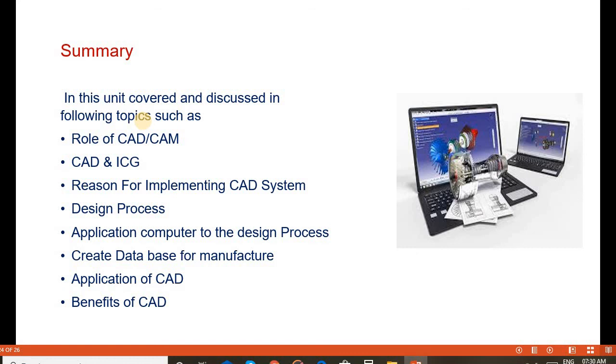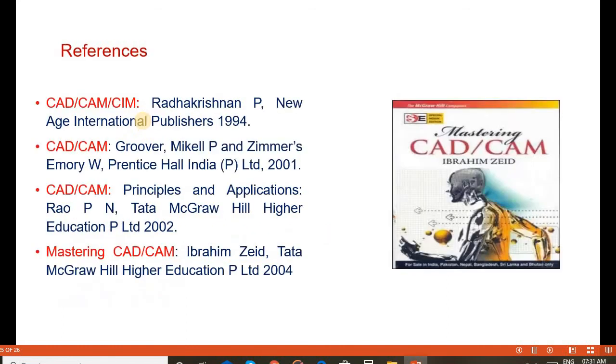In this topic we covered the design process and the application of computer to the design process, the various steps and procedures in each, the importance of the CAD/CAM database in manufacturing, how to create the CAD/CAM database, various applications of CAD, and also some benefits of CAD.